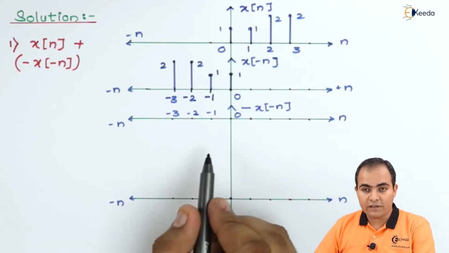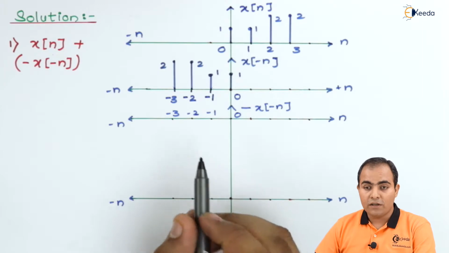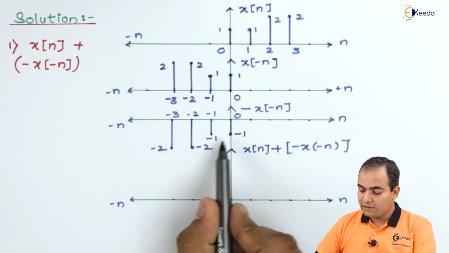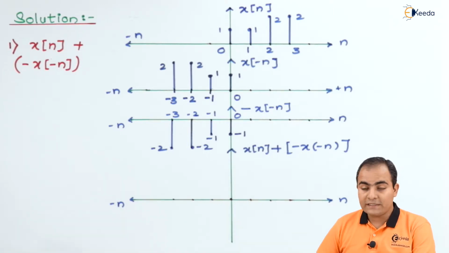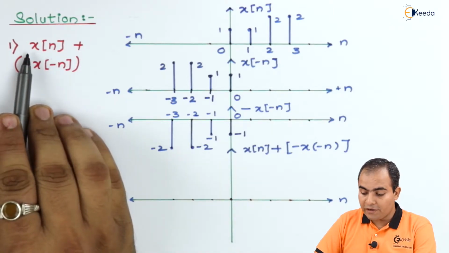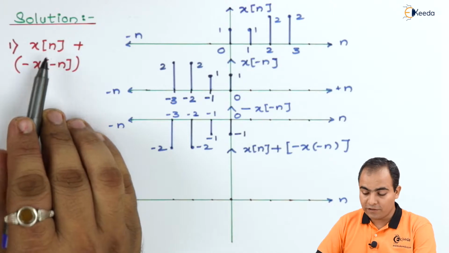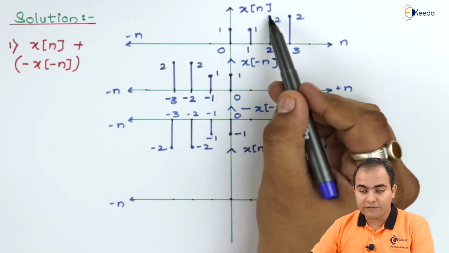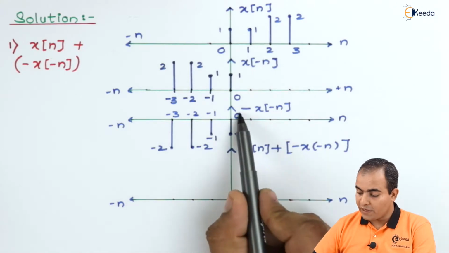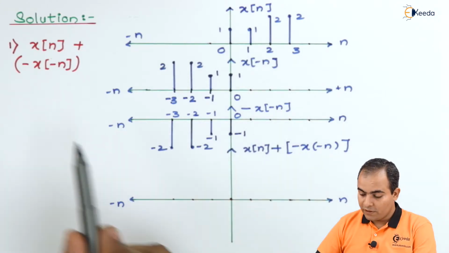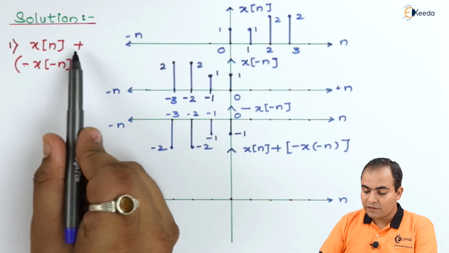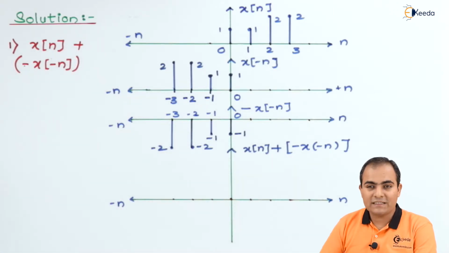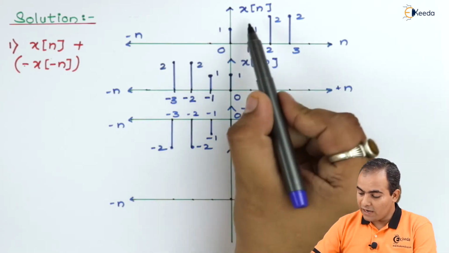So I'll draw the graph first and then you can understand where this graph will lie. So this is our graph. Now what is the next? We have to add our original function with this obtained function, that is x of n is added with minus of x of minus n. Now look at here, plus multiplied with minus, answer is minus, or you can say simply just add